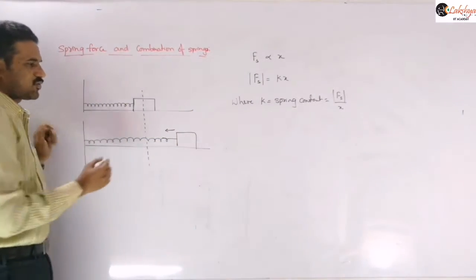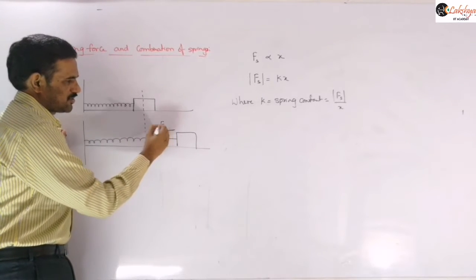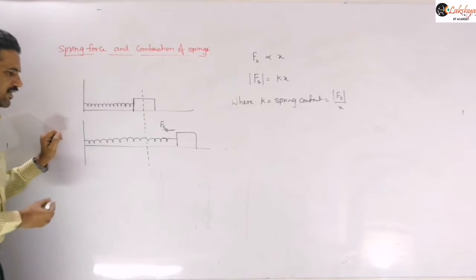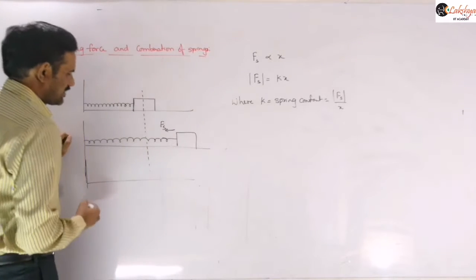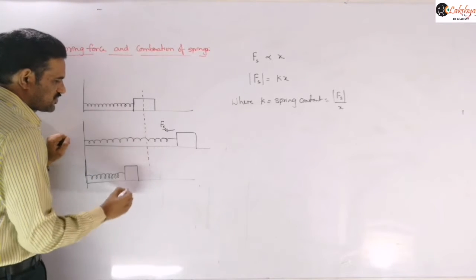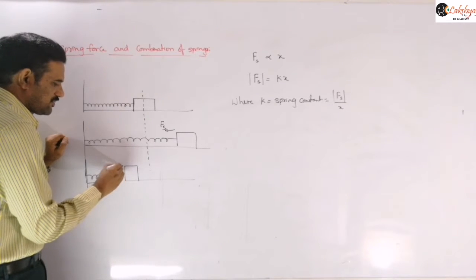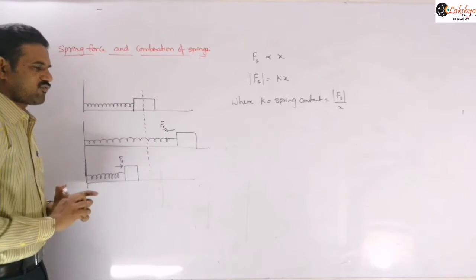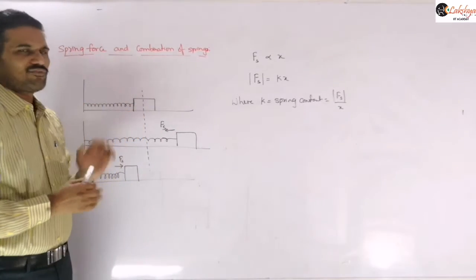Now the direction of the spring force, according to our discussion, is along this direction. It pulls the object this side so that the spring tries to regain its original length. Whereas if you are compressing the object, let us say in the same case the object is displaced this side so that some extra compression is produced, then the spring force acting on the object will be along this direction. That means the spring will push the block, so that it always tries to regain its original length. Once the object attains its natural length, at that instant the force becomes 0.